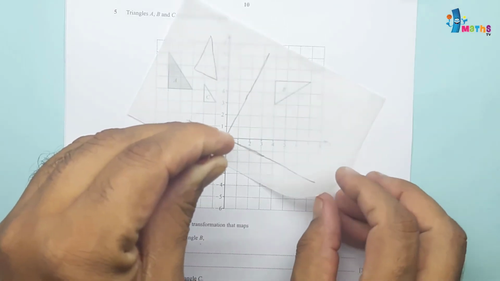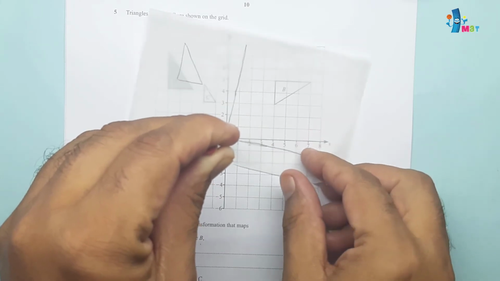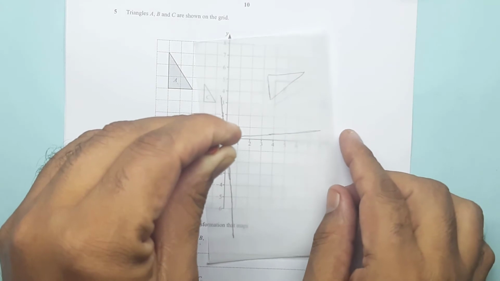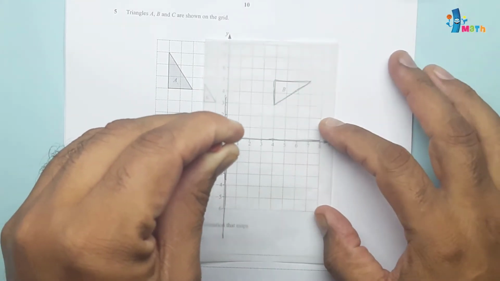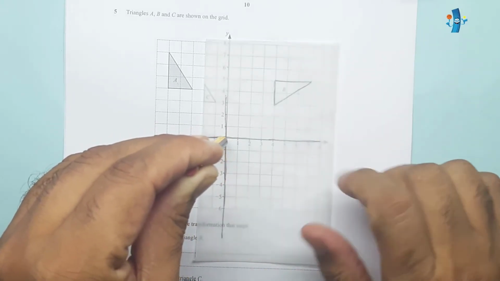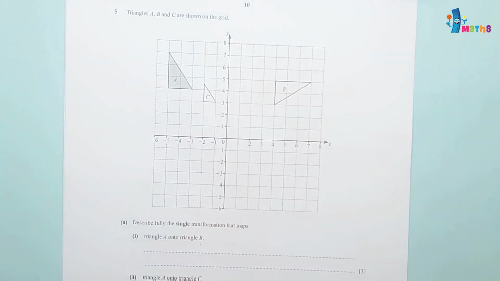Again I am rotating. This is the original location from where we started, and this will be rotated like this up to this one is 90 degree, and this is matching over here. Rotation will be 90 degree clockwise about origin. Pencil is at origin, so we will write down here